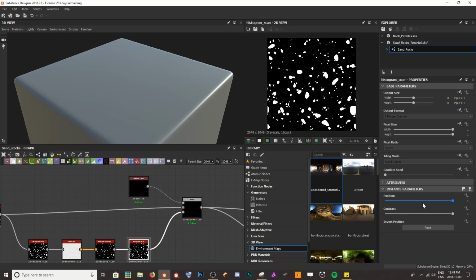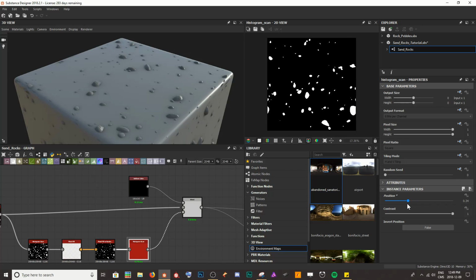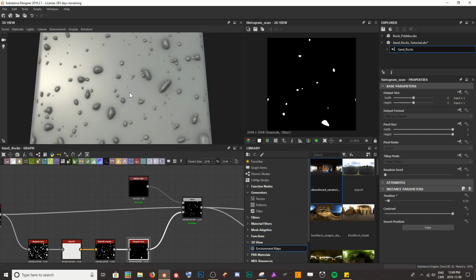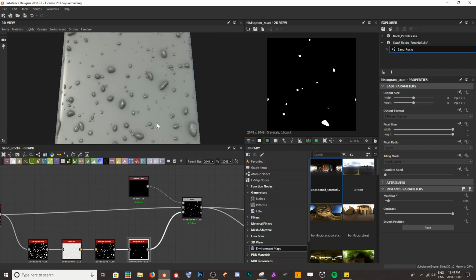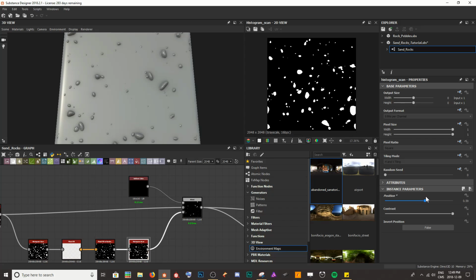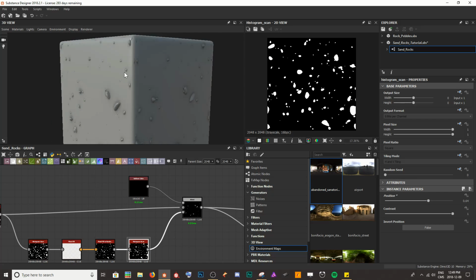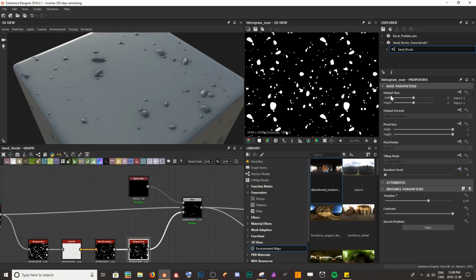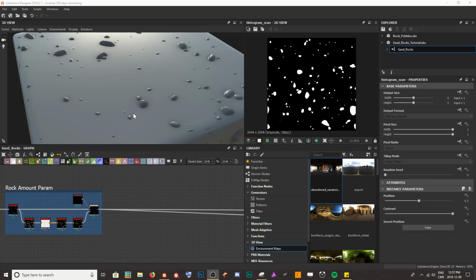If I want to see the rocks, I'm going to slowly peel away our position here. And boom, we're going to get all of our rocks showing up. And this mask is going to be perfect if we want to just remove a hefty amount of rocks while still making sure that we're getting it nice and seamless. All right, so now we're completely done our rocks,